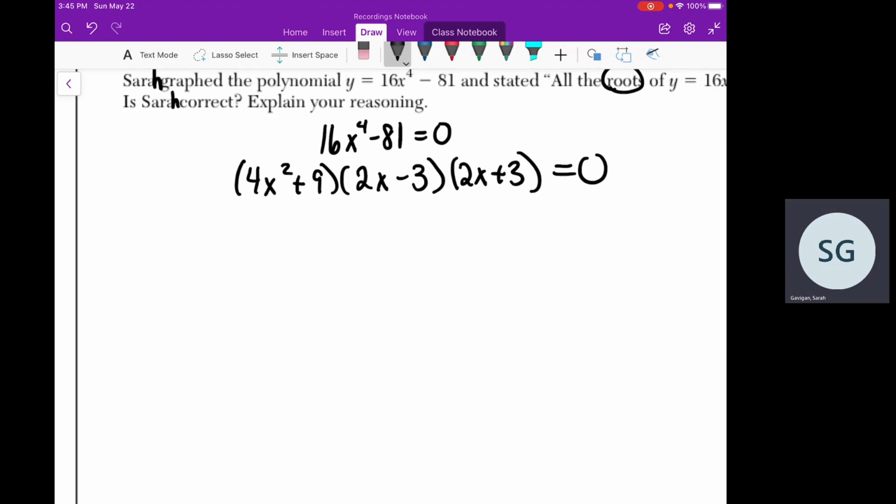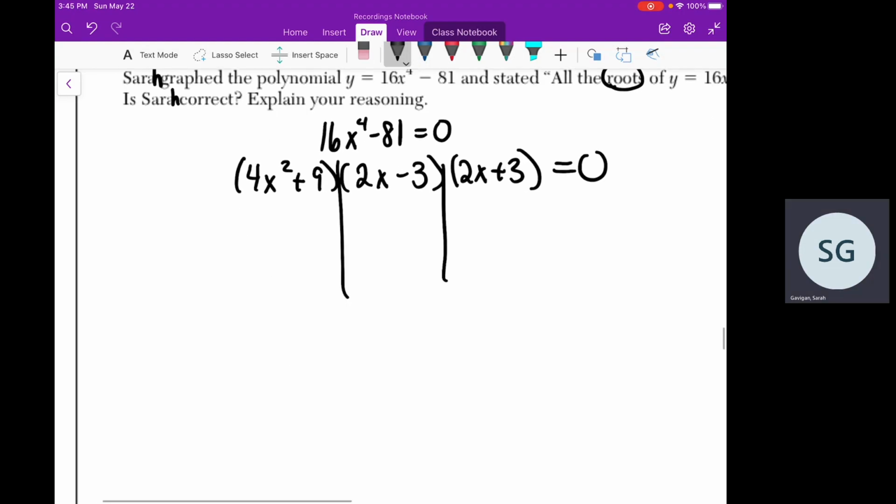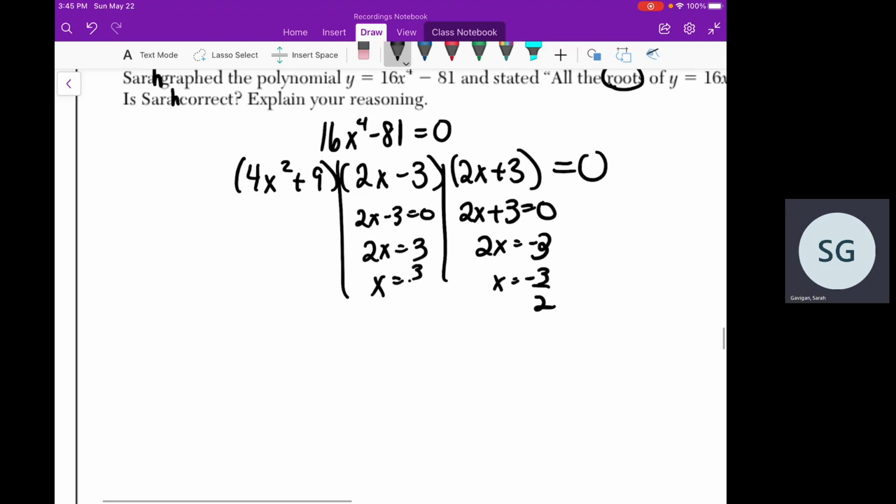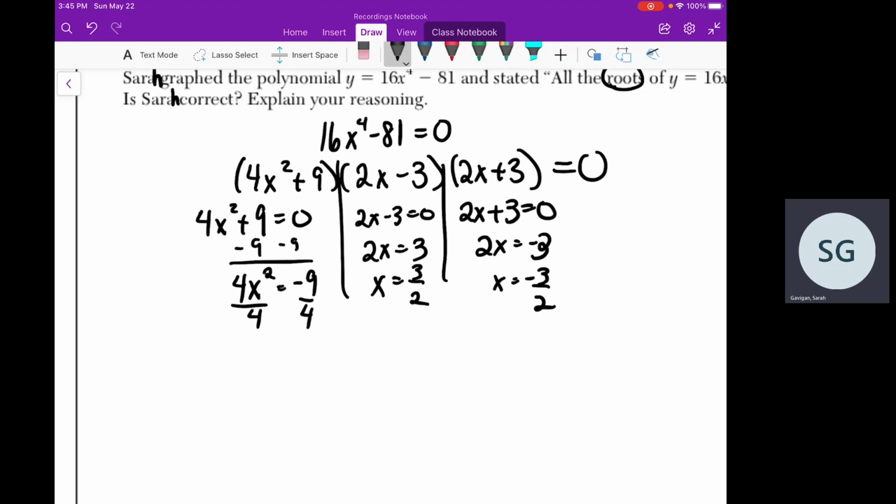Setting it up like this, we can see that we would have to say 2x plus 3 equals 0, so 2x equals negative 3, and x equals negative 3 over 2. In this case, we would have x equals positive 3 over 2. In this case, we would have to subtract 9, so 4x squared equals negative 9, divide by 4, and then we would have